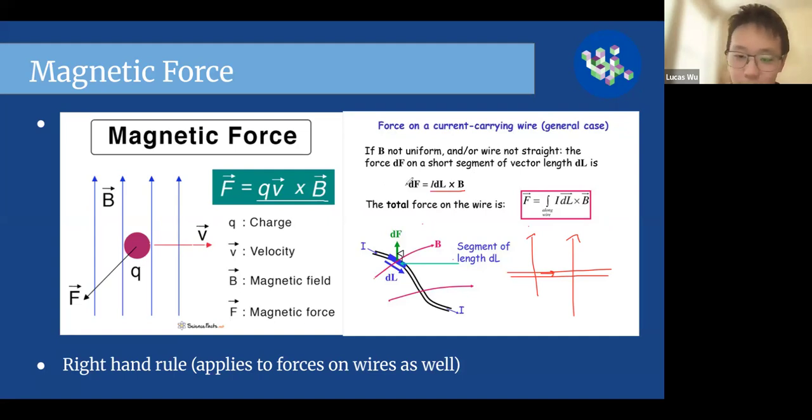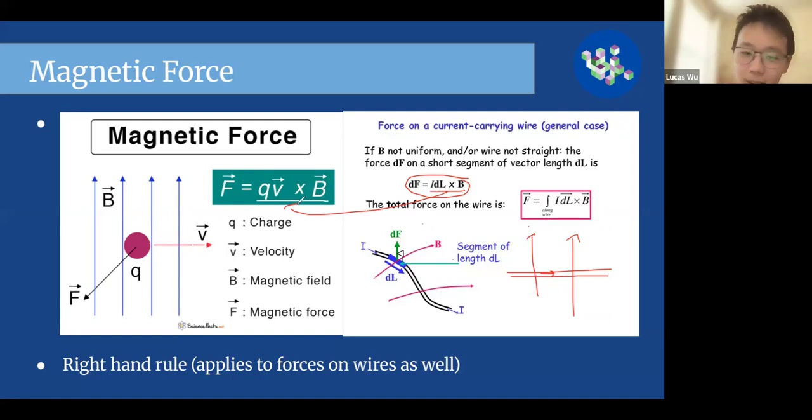So this is just the Lorentz force if I have current. What's the force on an entire wire with current due to a magnetic field? And you can see it's really similar to what we got for the Lorentz force of just one single moving charge. And that's because when you have a current, you have a bunch of charges